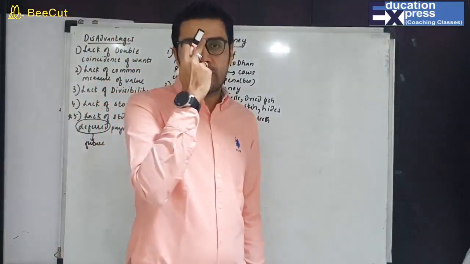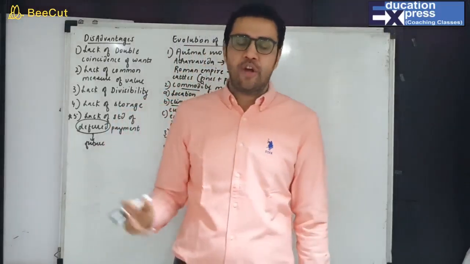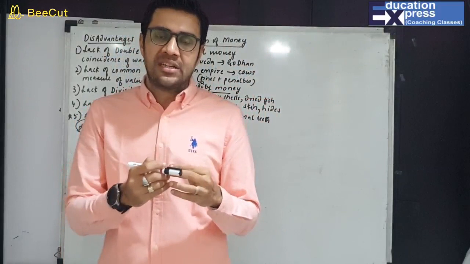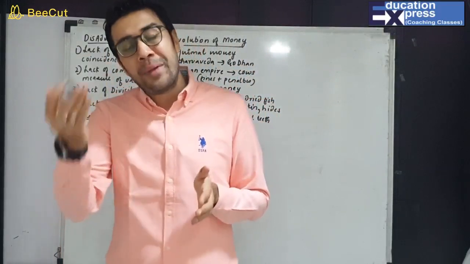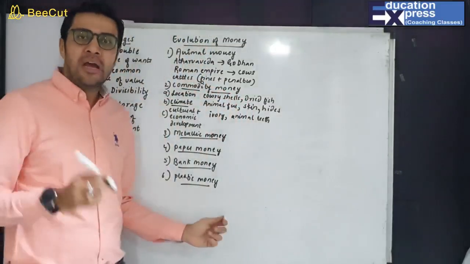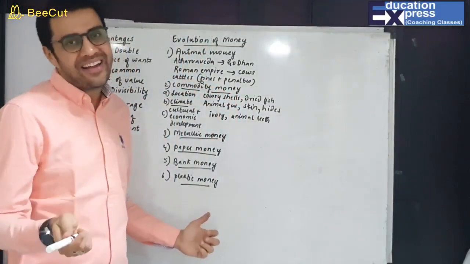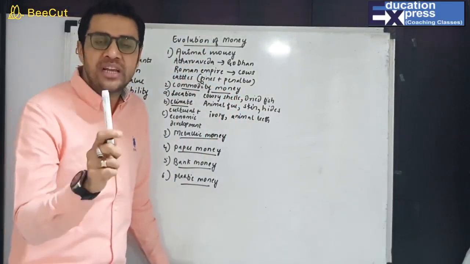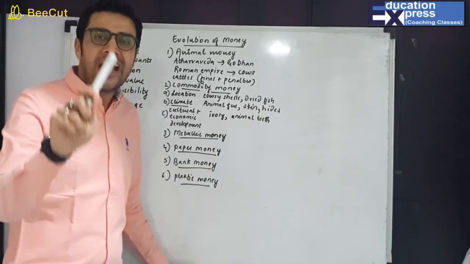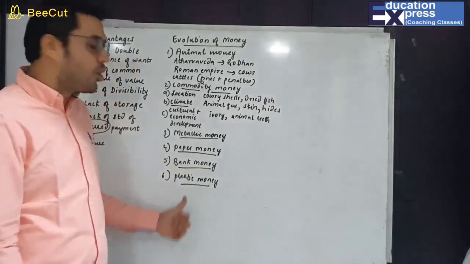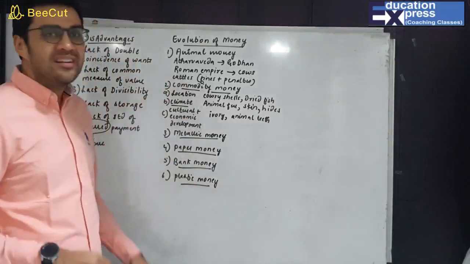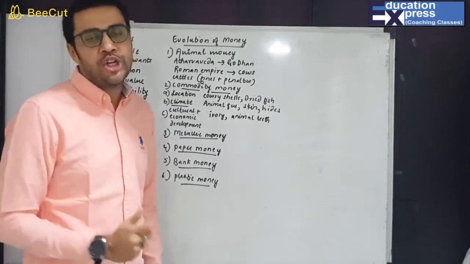In debit, you are using your own money, what you have in your bank. In credit card, the bank has given you a limit and you use that much limit if you want, and then you need to pay it back. That is called credit money. Okay, so we have plastic money, debit card and credit card. In debit card, you're using whatever is there in your bank account. In credit card, the bank has given you a limit and you use that limit. It is called your credit card.